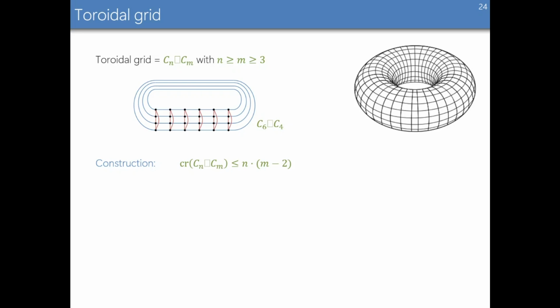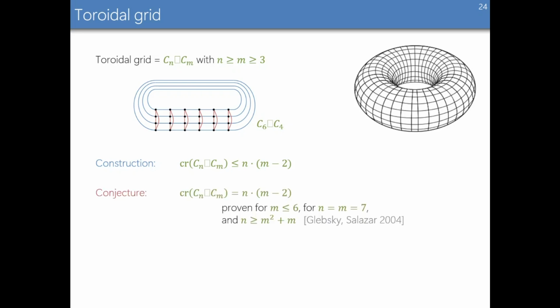That's just a natural drawing of a toroidal grid, and we assume that this is actually the correct crossing number for these graphs. We only know it when one of the cycles is really small,